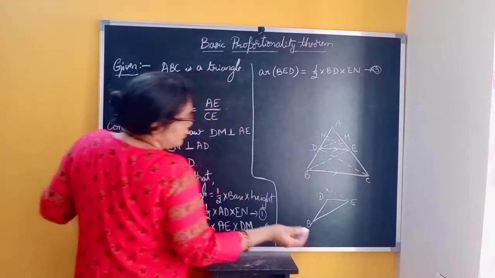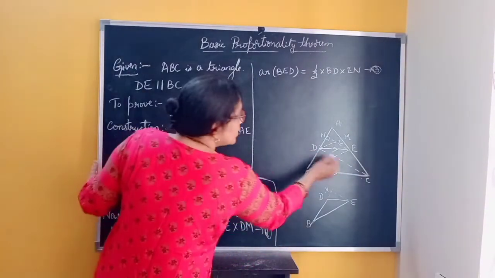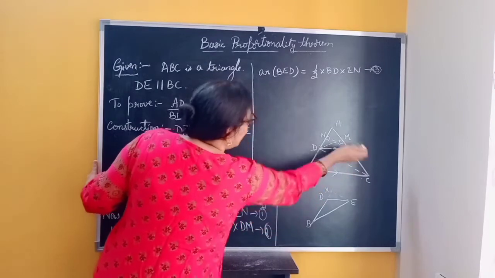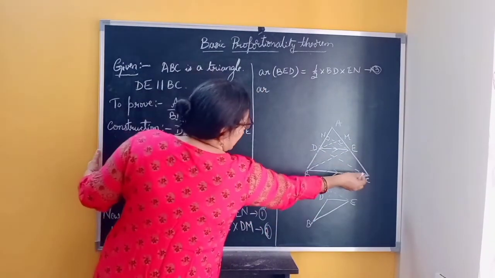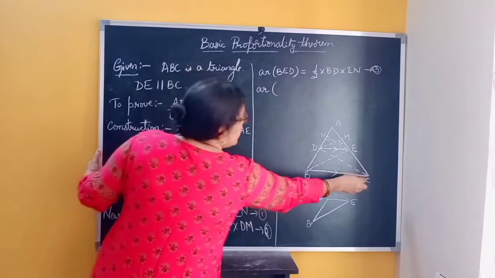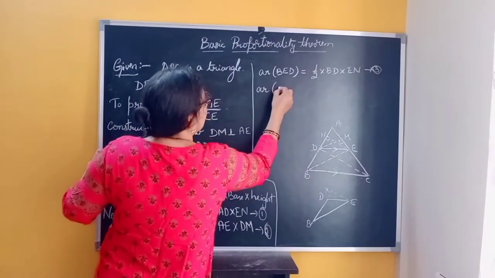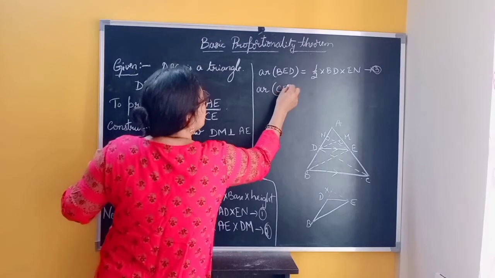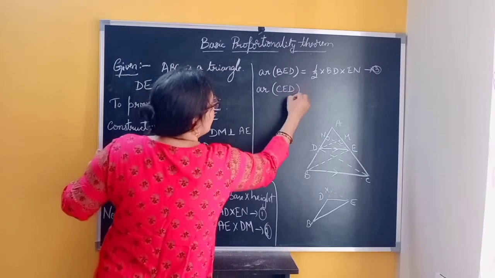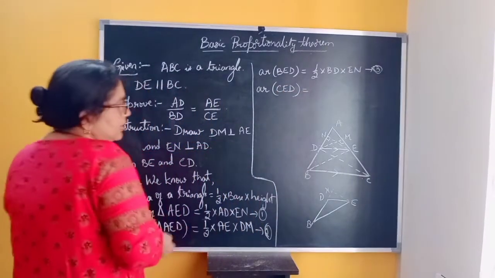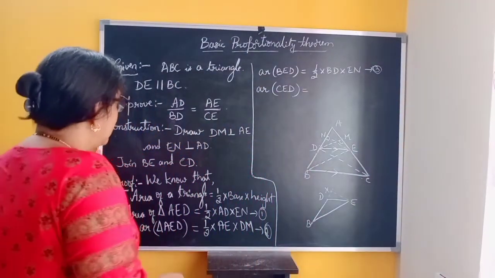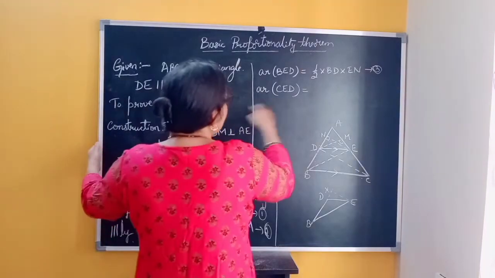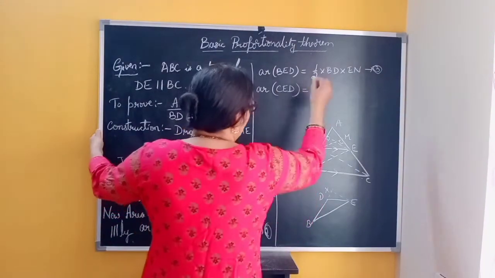Now, the other triangle we have is CED or CDE. The area of triangle CED is equal to, now consider EC as the base, or CE as the base. Now half into